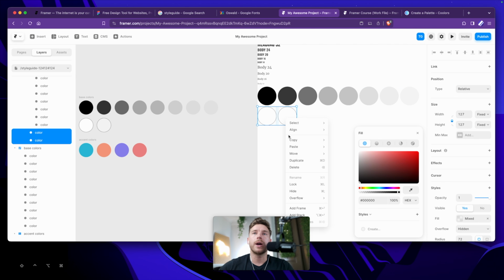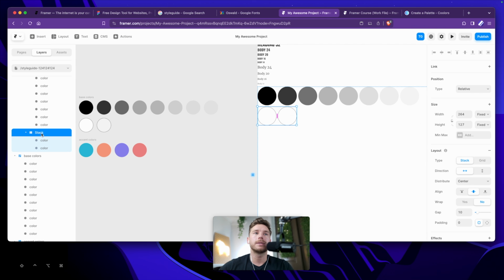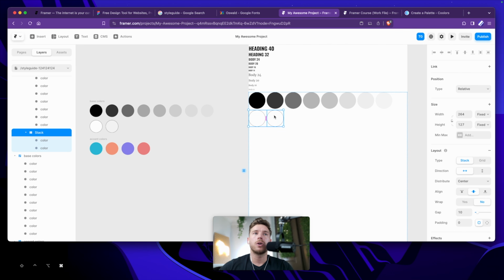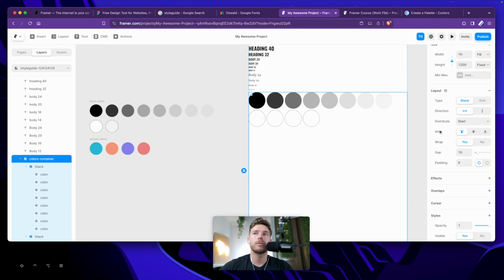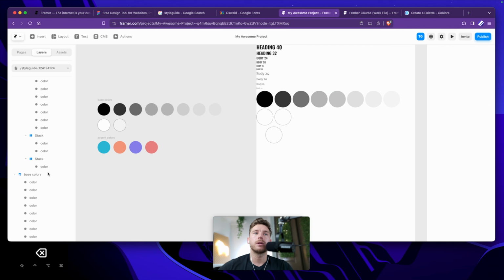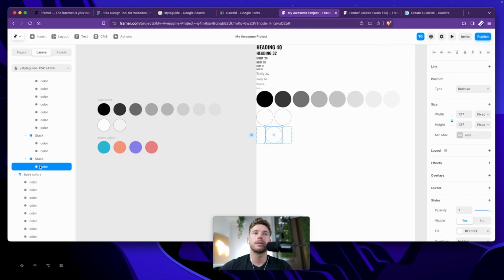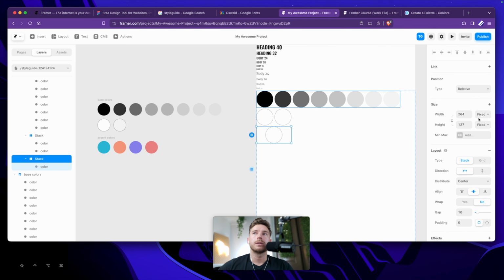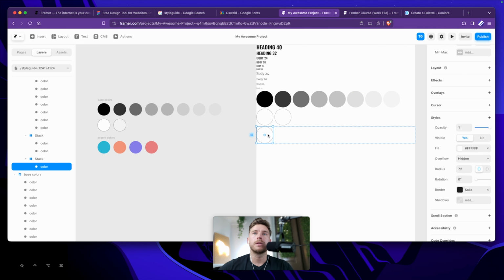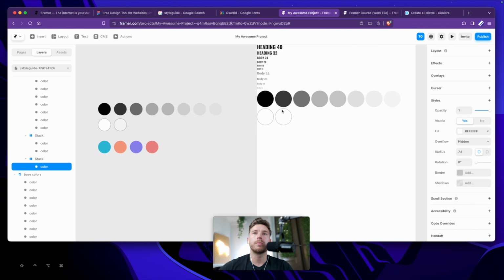I am going to wrap these white ones into a stack as well, like that. And I guess we can just copy this stack, and we can say actually that the direction is vertical instead of just wrapping. And for this one, I'm going to remove that. And we can see that this one is going to be fill. We are going to put it to be start in distribution. I am going to select that color itself, go to the border,